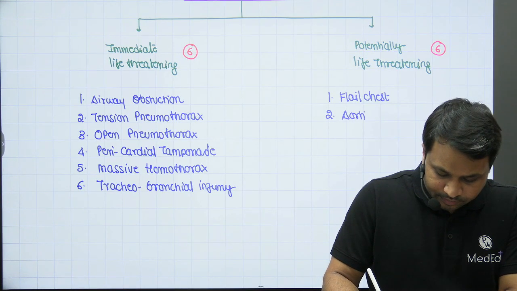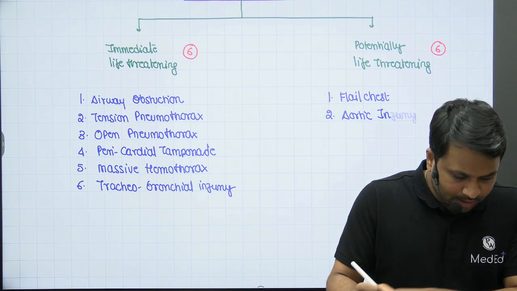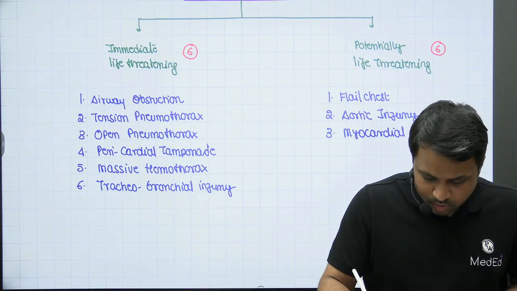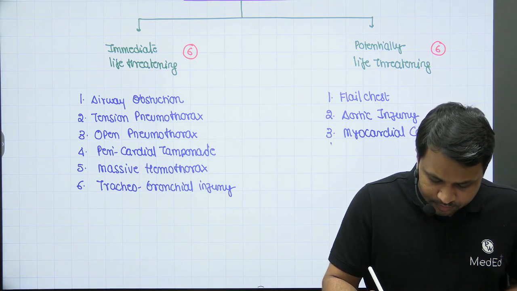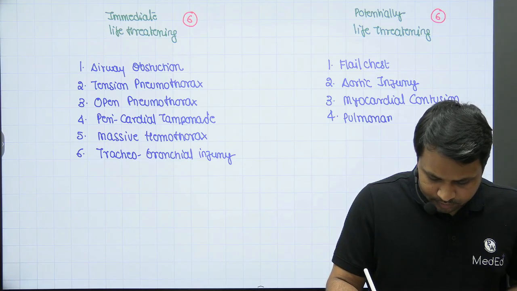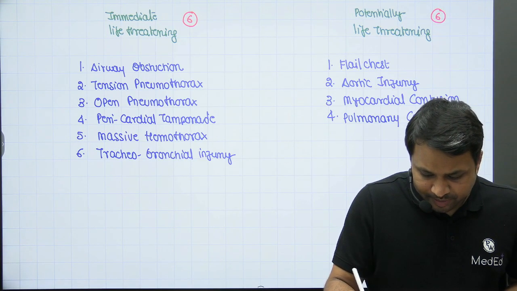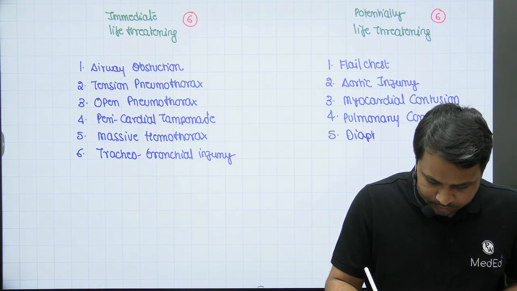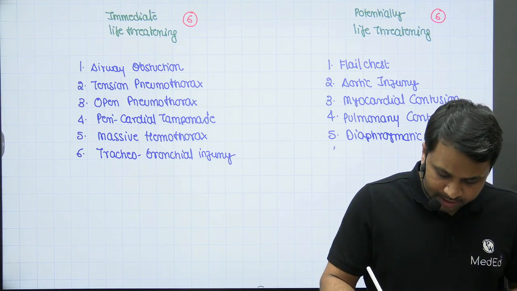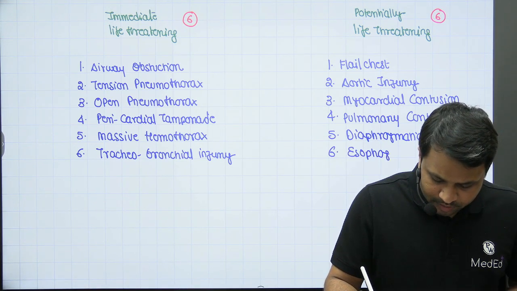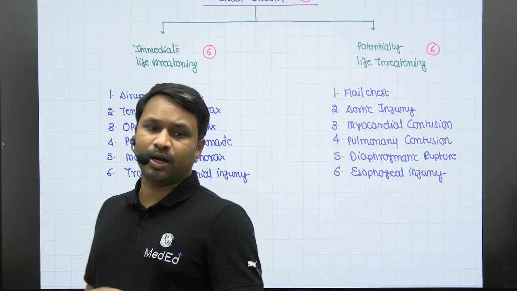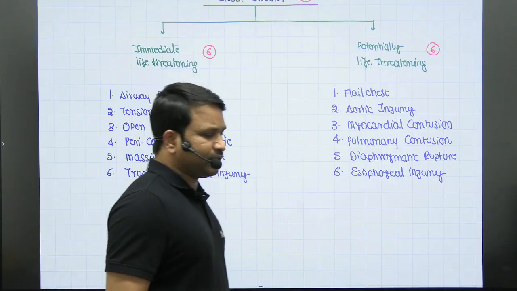Aortic injuries. Myocardial contusion. You have pulmonary contusion. Diaphragmatic rupture, we call it the diaphragmatic injury, and the esophageal injury. So flail chest, the aortic injuries, myocardial contusions, the pulmonary contusion, diaphragmatic rupture, esophageal injuries, all these will qualify